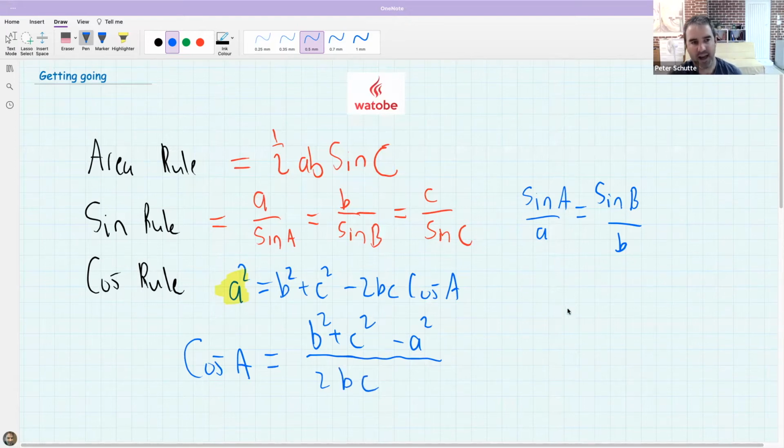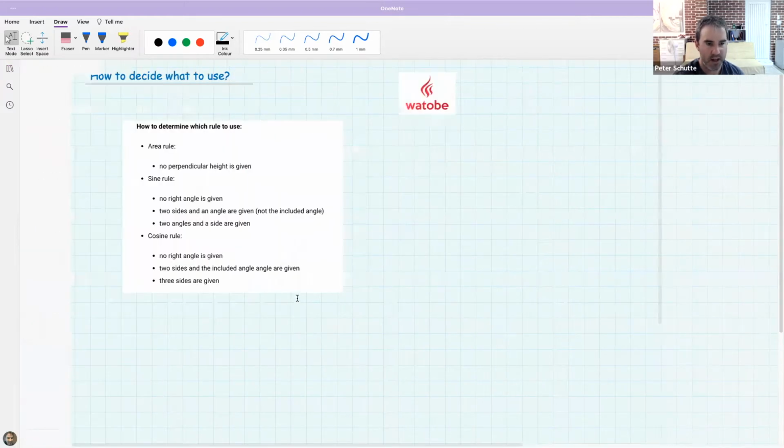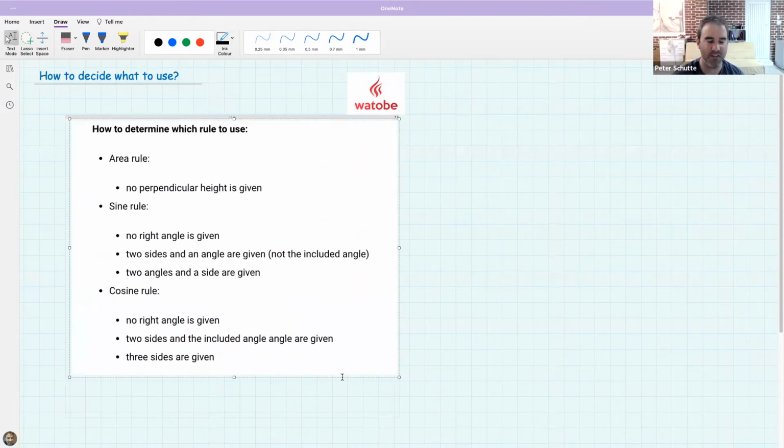So as we go into today, we're going to have to learn to apply these rules. And obviously, we've been doing this for about 6 lessons now, so hopefully this is reasonably familiar to you. The other thing we want to watch out for is, how do you decide what rule to use? And again, memorizing this is not necessarily what you have to do, but being aware of it as a checklist